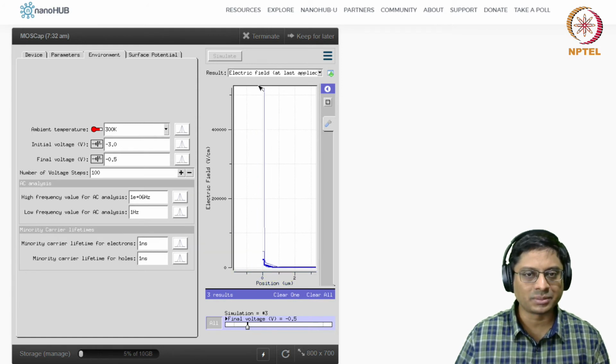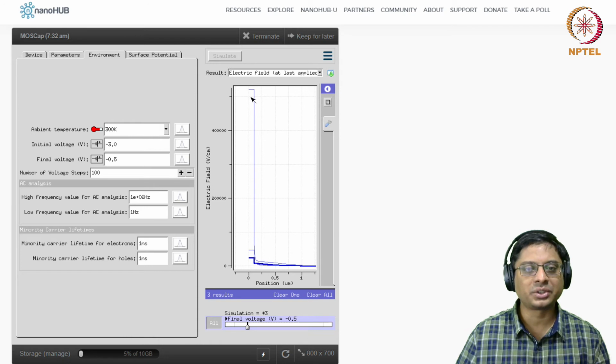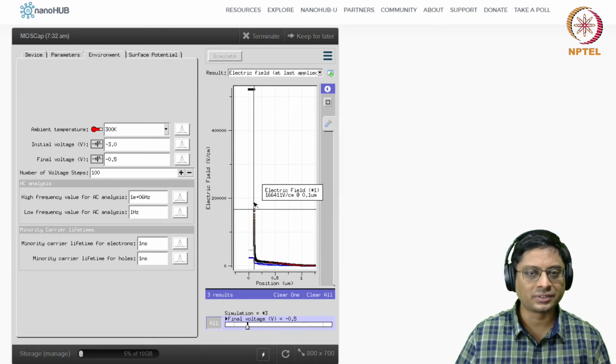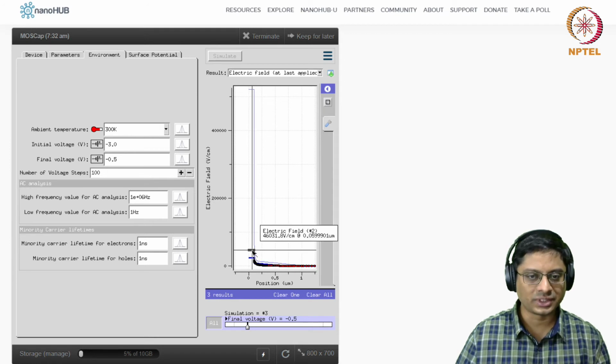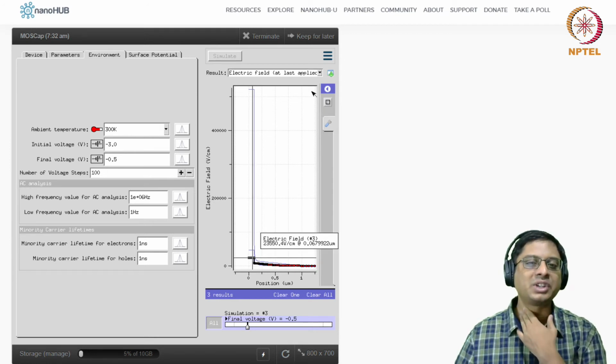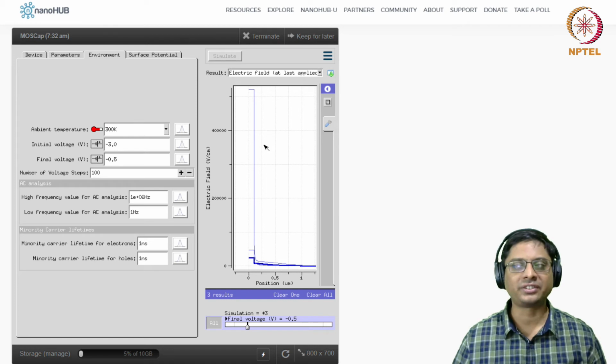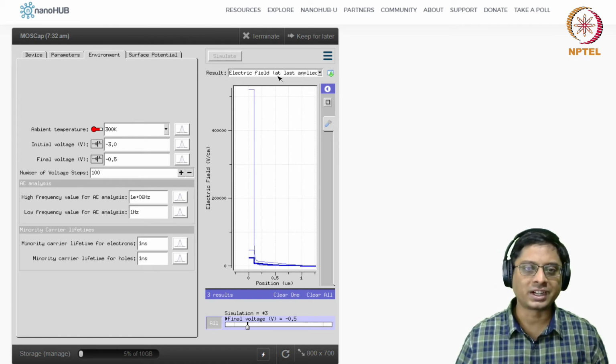When you have inversion, there's a much bigger jump. You see? Each of these things you could export and check the data. So there is a much bigger jump here. So yeah, it's here, and then from here to here you have to check, and from this to this. So essentially, whenever you have inversion charge, there's an additional jump in the electric field. Okay, so that is one.